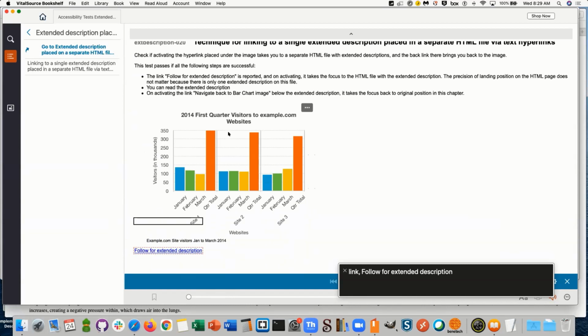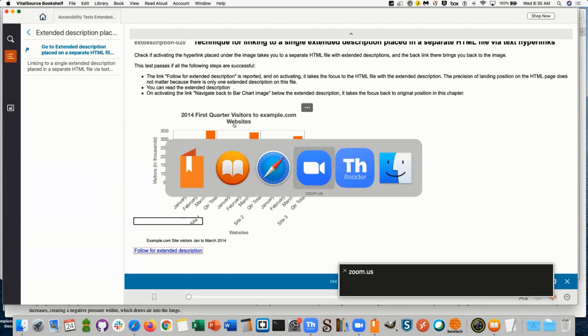Now I'm going to bring up Thorium, that has a little nuance quirk to it, where because of the way that they designed the book and the web view of the book, the focus gets misplaced, and so they added in this hidden underscore underscore link at the top of the page, and you hit tab once to get to that link. And when you activate that link, it'll take you back to the focus, and that's how you can get back. So let me show you that.